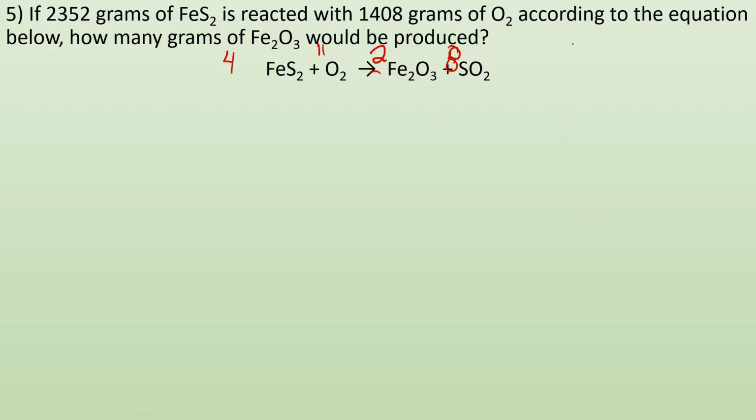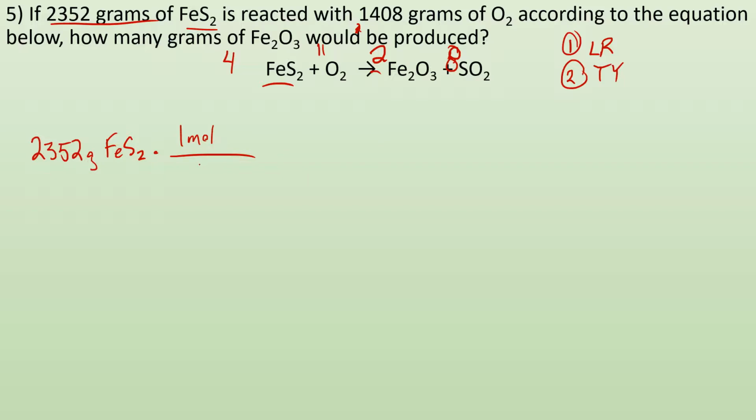So now that I have my balanced chemical equation, I can follow the pattern: first I have to figure out what my limiting reactant is, and then I can figure out my theoretical yield, because that's what they're asking, how much would be produced. So first step, convert all this nonsense into moles. So 2352 grams of FeS2, I'm going to have to times it by 1 mole of that stuff over, I think it's 119.99 grams,